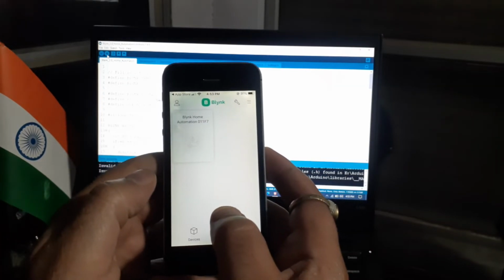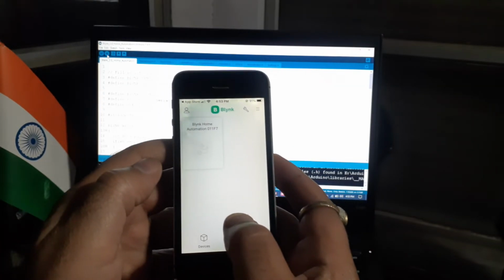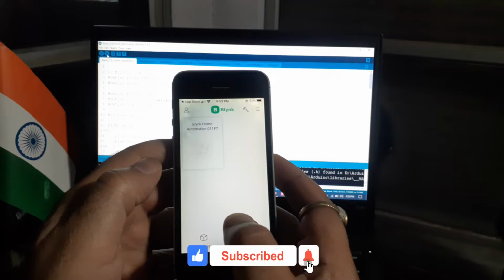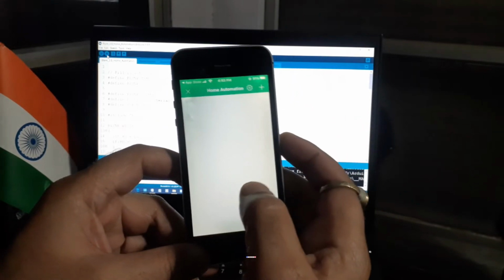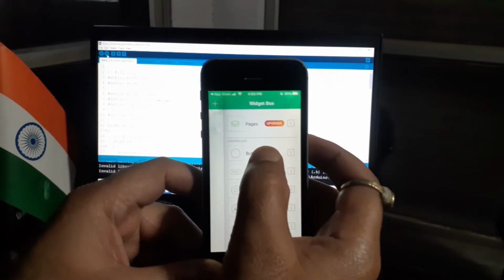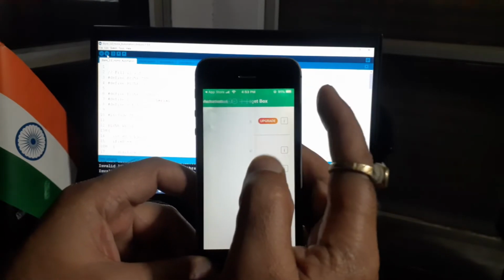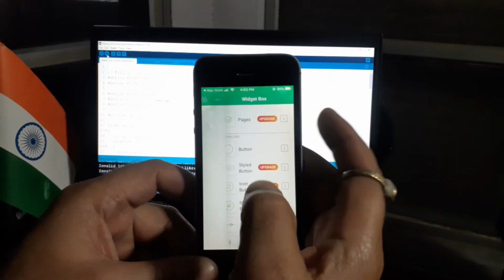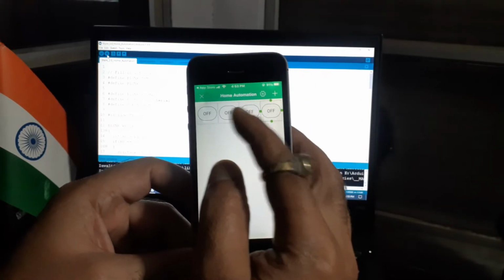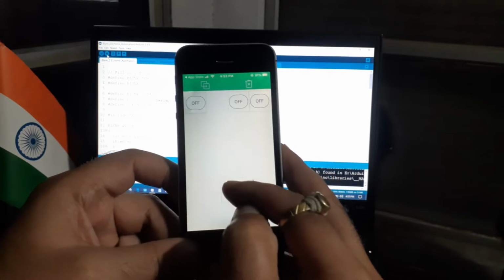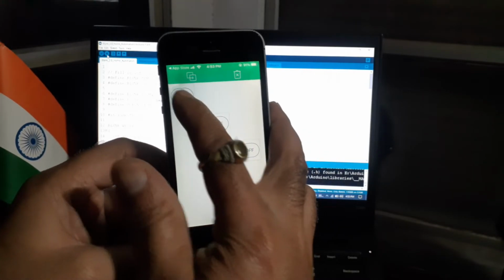As you can see, we have got the project name Blynk Home Automation that we have created in our web dashboard of Blynk Cloud. Click on it and click on the setting symbol. Now click on plus sign and add a button to your dashboard. As you can see, a button has been added to the project dashboard. We will add 4 buttons as we control 4 relays through it. You can replace buttons as per your requirements.